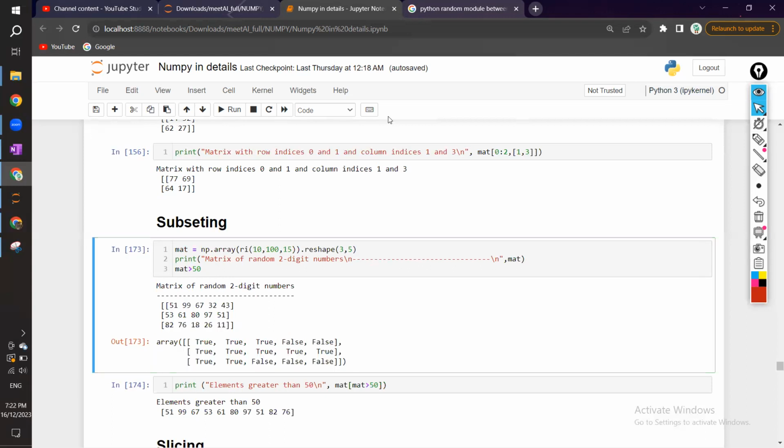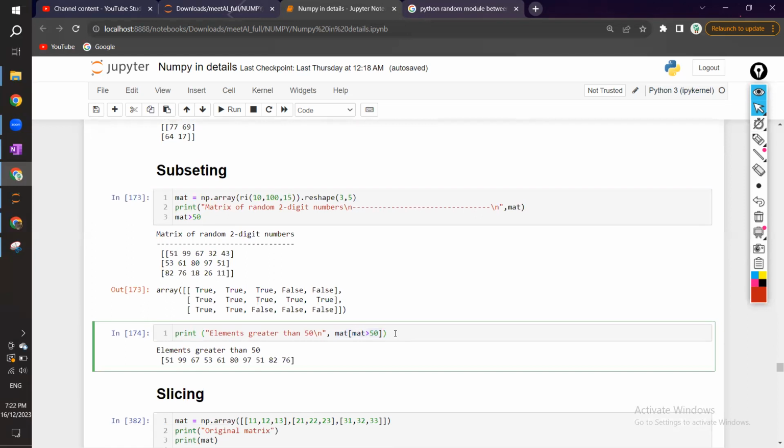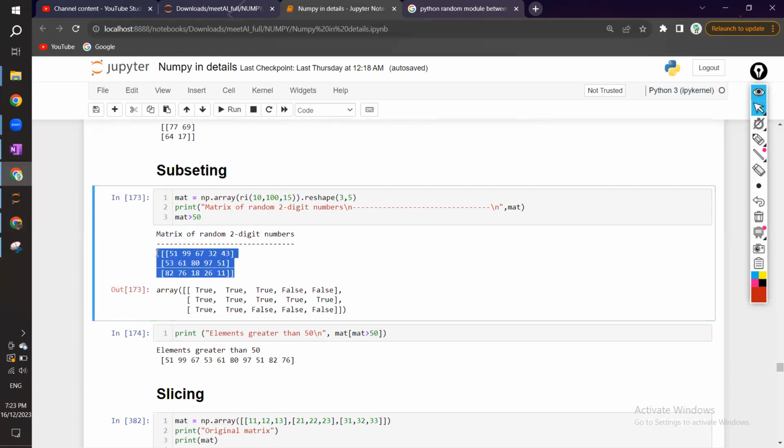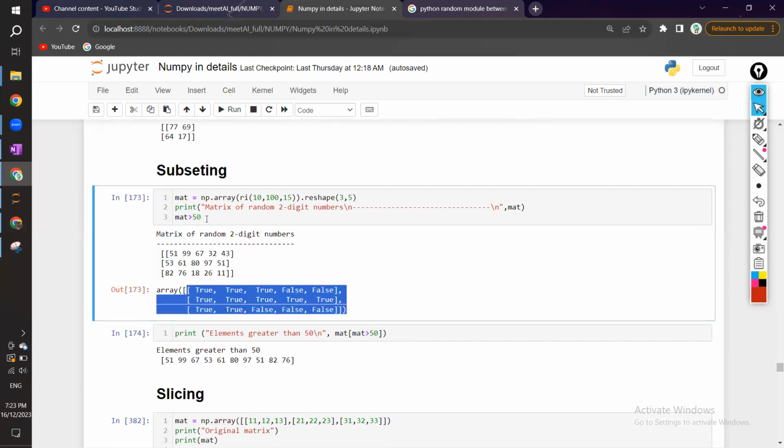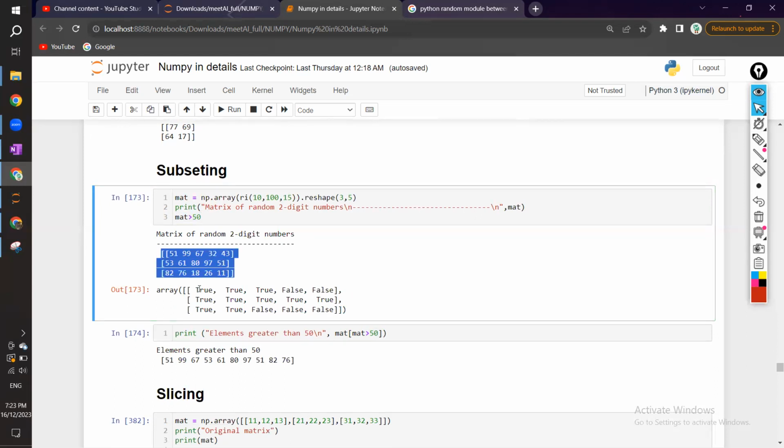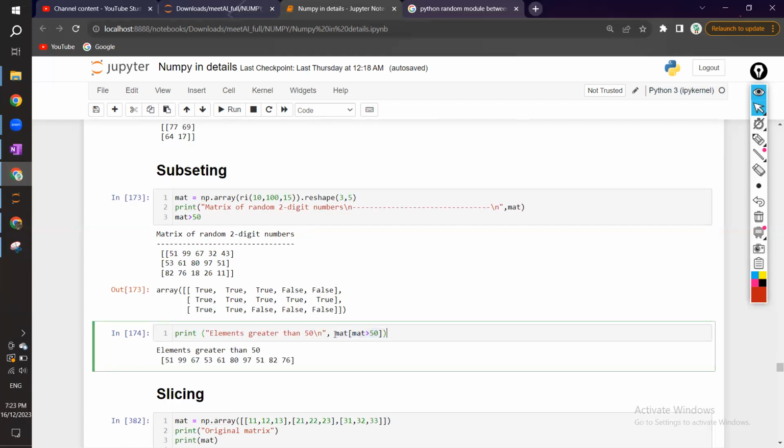But now if you want to create a submatrix from this given matrix, you create it in this way. This is mat greater than 50, it will just give you this Boolean. See, this is the actual matrix, and this is a Boolean matrix created from this condition. Now if you want to create a submatrix according to this one, you just say mat of mat greater than 50. That means from this matrix,